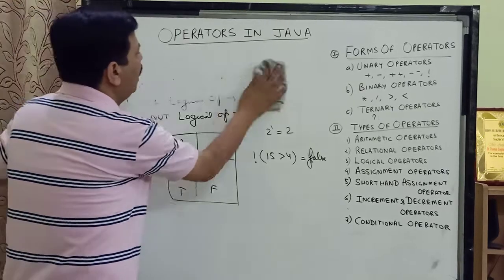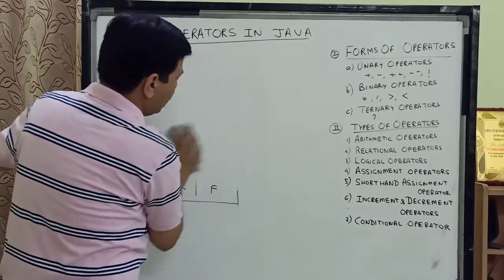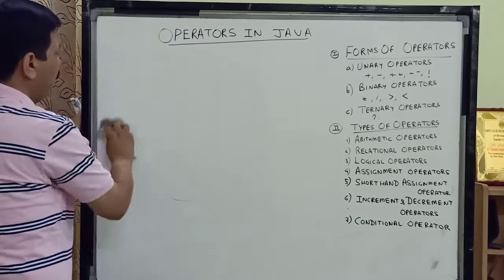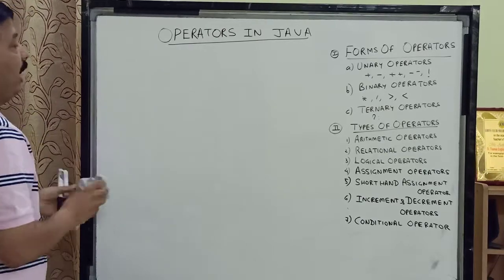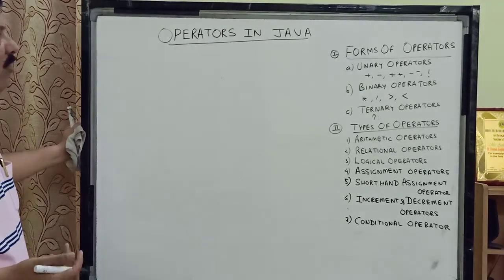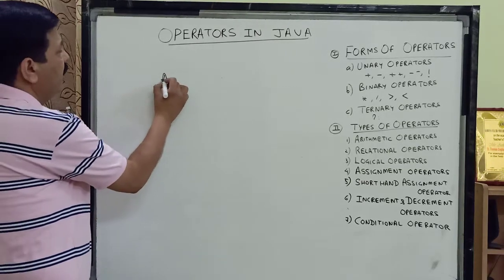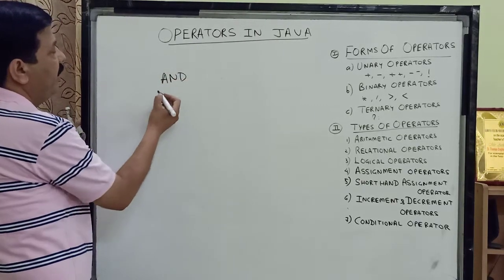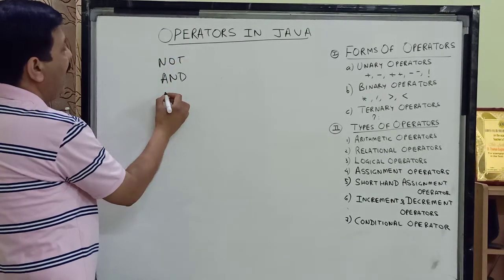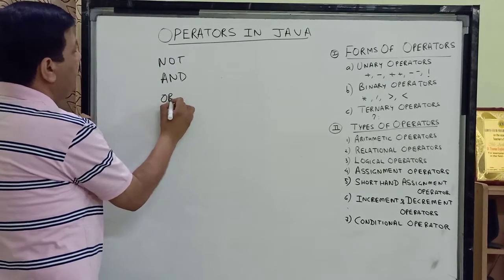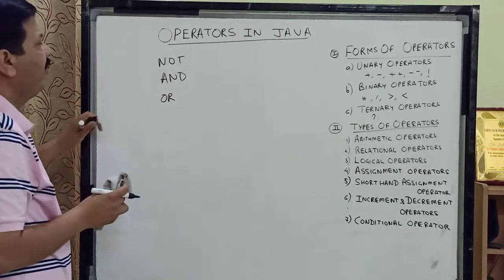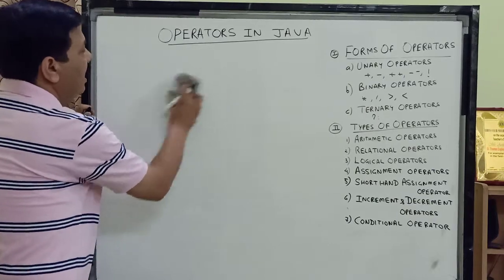Now children, we come to the fourth operator, that is the assignment operator. And children, this is a very important operator in expressions. One more thing children, I want to tell you: the order of operation of logical operators is first the NOT operator, then AND, and then OR. We will see this in later cases.